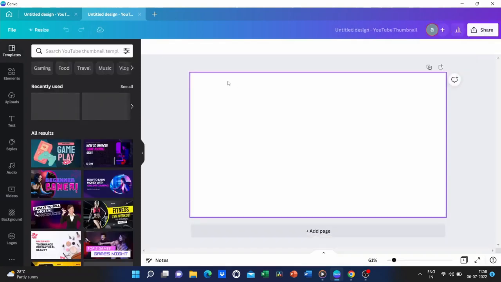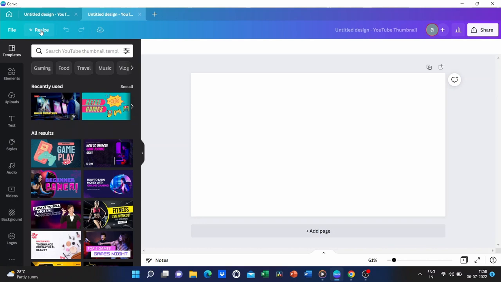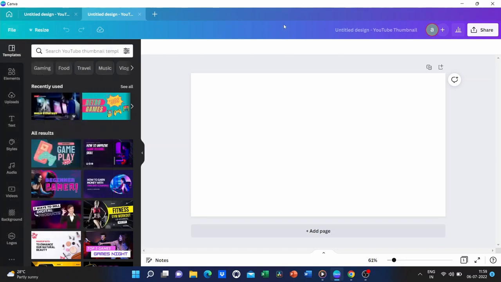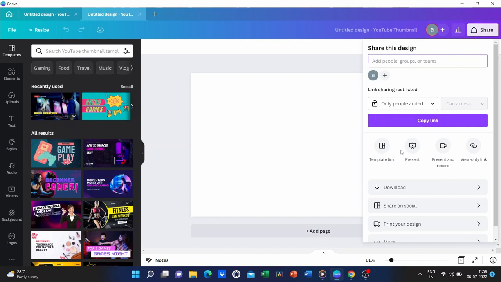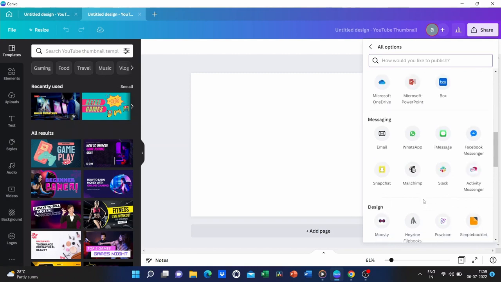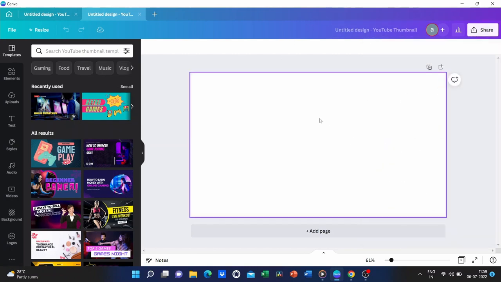Now the top toolbar is used to modify your file so you can resize. Go to File. You can change the margins as well as save and download your file. Or you can also download it by clicking this button over here or by going to Publish and then choosing the variety of options you have at the top. Now, once you start selecting different content on the main canvas, which is over here, the top toolbar will be changing according to what you have selected. Right underneath the top toolbar, you also have the option to add notes, add a new page, as well as copy the page that you currently have.